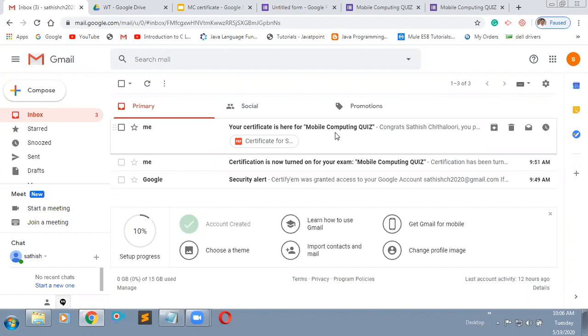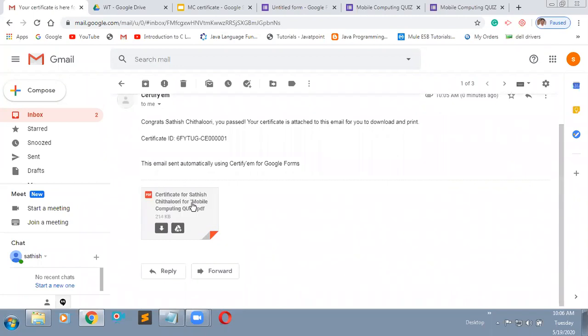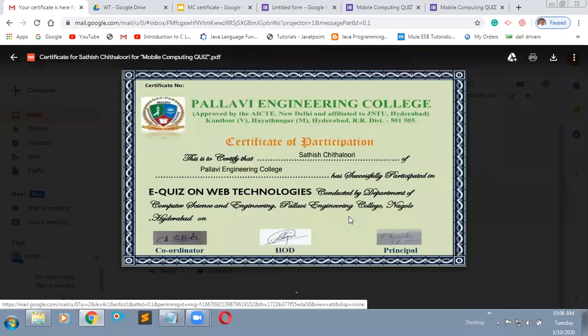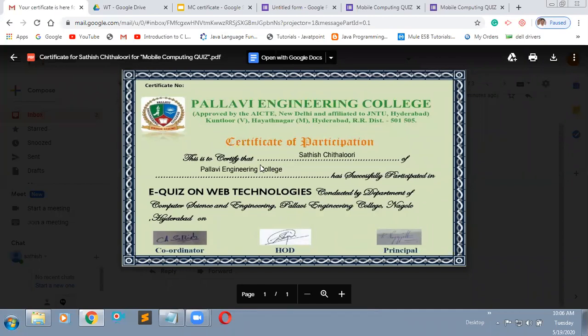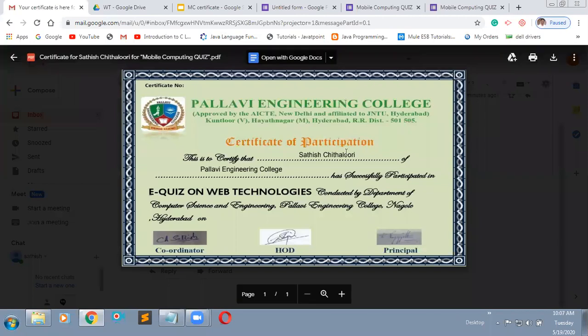Now you can see whether our fields are embedded in that certificate or not. Now you are able to see these names, right? Automatically it came here. Name of the participant and college of the participant. Clear, everyone? Clear, sir. Show the other certificate numbers and the dates, sir. Yeah, that I will show.